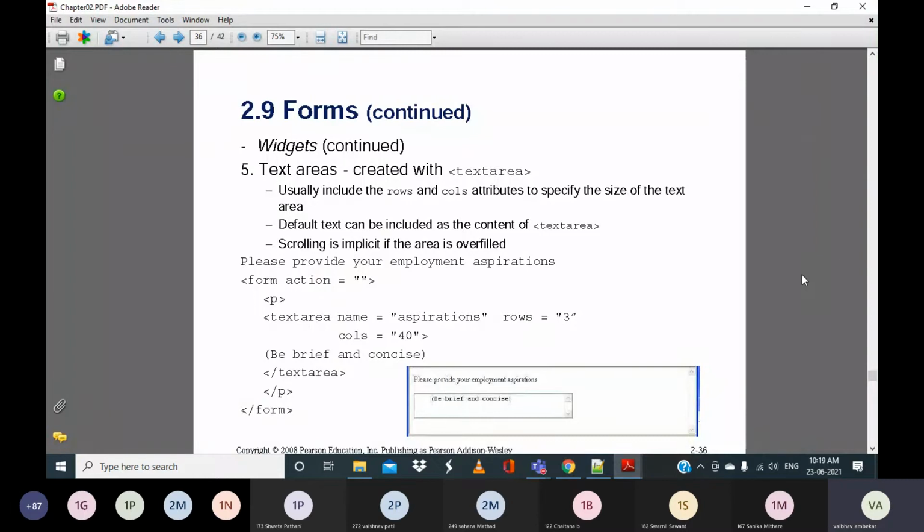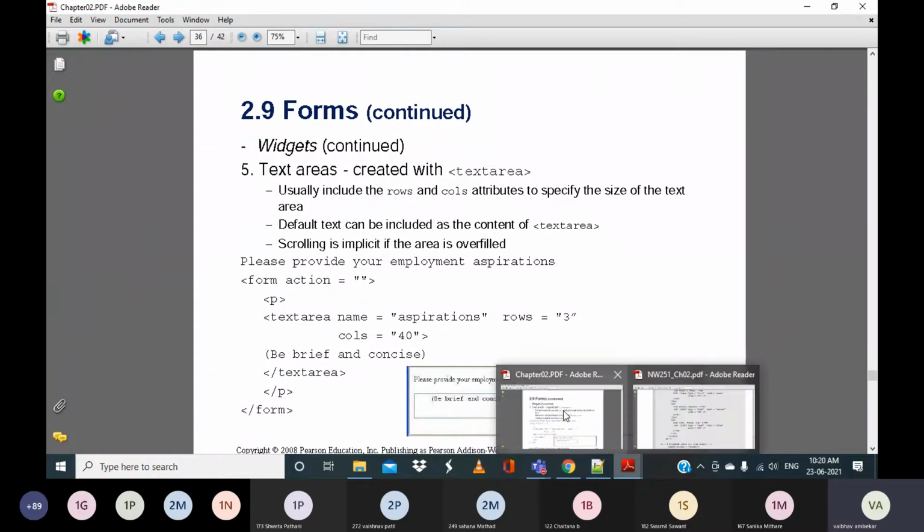And also we have to specify two attributes for this, that is rows and columns. It is not spelled columns, it is just the attribute cols. These attributes specify the size of the text area. You can write an unlimited number of characters in it, no issue for that, but what should be the size? If you do not specify this, it will be like a normal text box only. So we prefer using rows and cols as attributes for the text area.